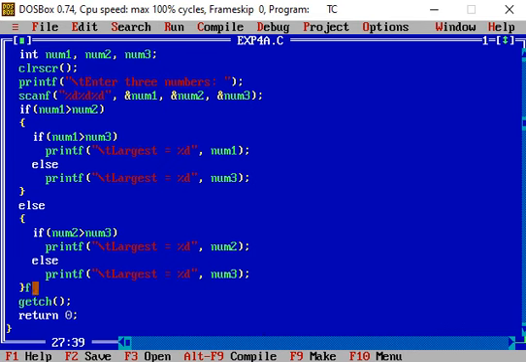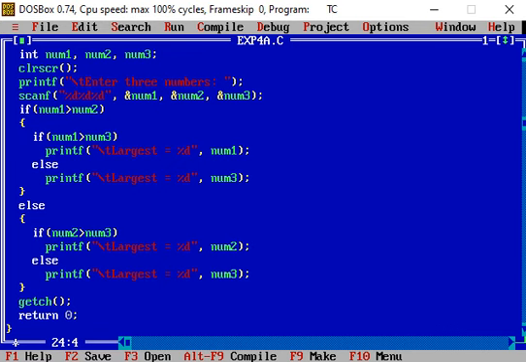So in this way, if more than two conditions are present, we can use a nested if else statement. That is, an if else statement is inserted either in the if block or the else block of the if else statement.